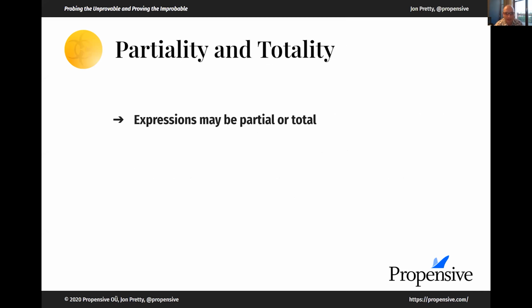So let's talk briefly about partiality and totality. Any expression in Scala may be partial or total. If it's total, whatever input you give it, it will give you a result back. There is no input you can put into a total expression that will cause an exception to be thrown.